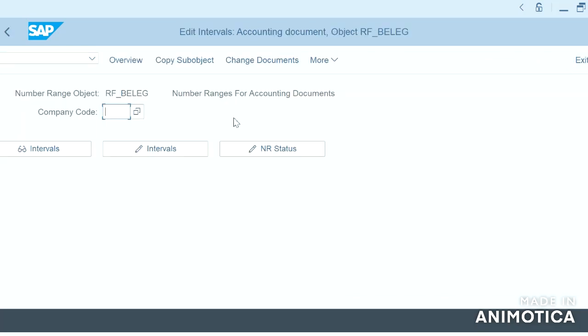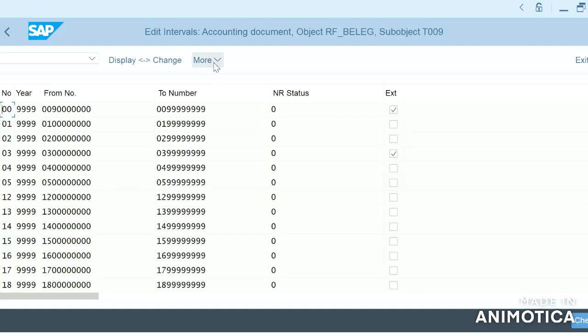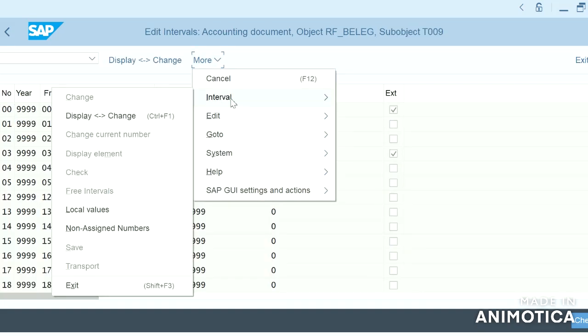If we go here and check our number range interval, we can see here interval transport. In each and every environment we have to import the data from the transport if we are doing it through the transport management system.